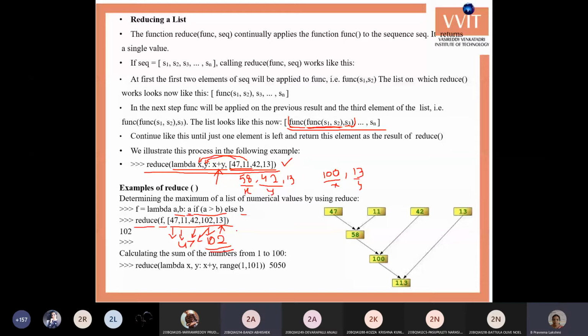Finally, it returns one value as a result.